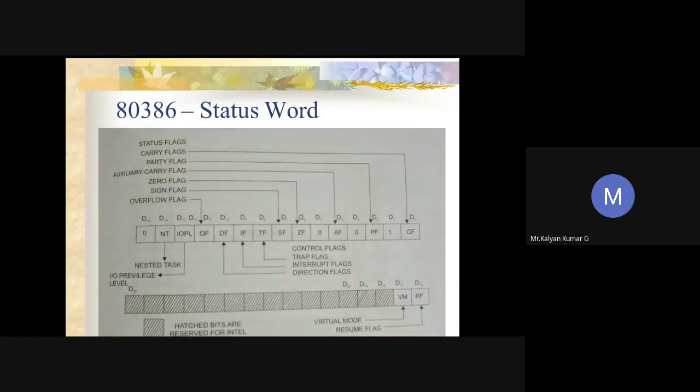Depending upon data types, previously the 80286 supported around 8 different data types. Here the 80386 supports more data types than the 80286. For example, it supports bit field, bit string, signed byte, unsigned byte, integer word, which means signed 16-bit data, long integer, unsigned integer word, unsigned long integers, characters, pointers, BCD, packed BCD, and strings. All these data types are supported by the 80386 processor.